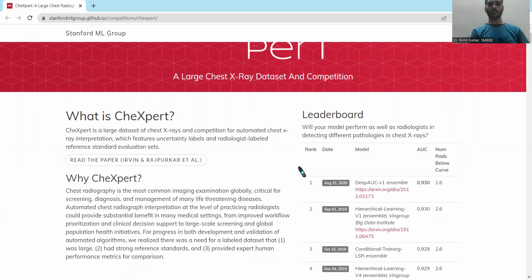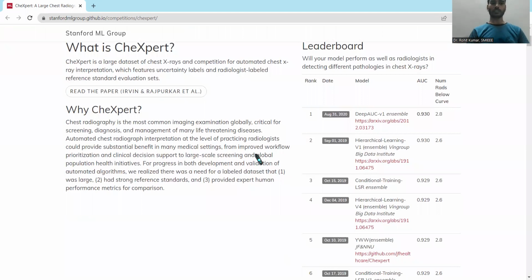It is quite critical from the analysis, diagnosis, and management point of view because there are different life-threatening diseases which are dangerous for people, especially people who have chest-related diseases. So this dataset offers different sorts of automated interpretation at the level of a practicing radiologist.